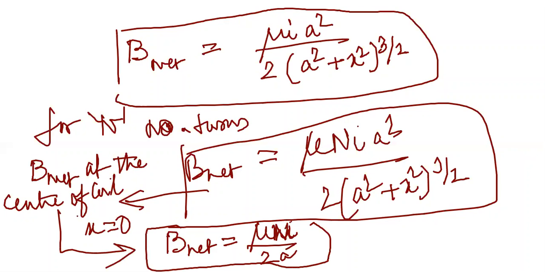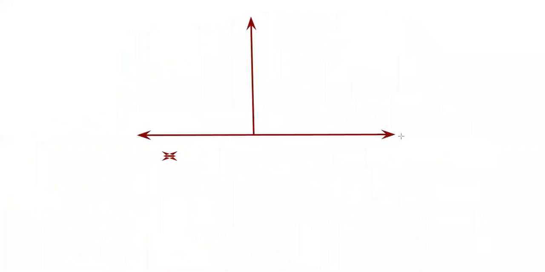So if I try to draw the graph to show the variation, what will it be looking like? So let me quickly move on to the next page. So the graph will be something like this. Over here, I consider, say for example, this is my y-axis, and in the y-axis I will mark the magnetic field, and over here this is my x-axis, that is the variation of x distance. So in this case, this is our magnetic field and this is your x.